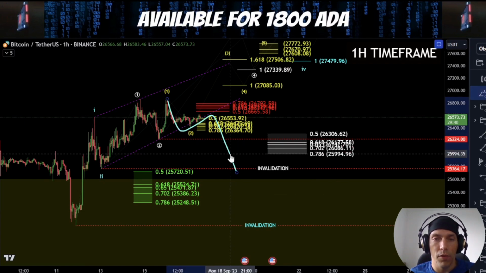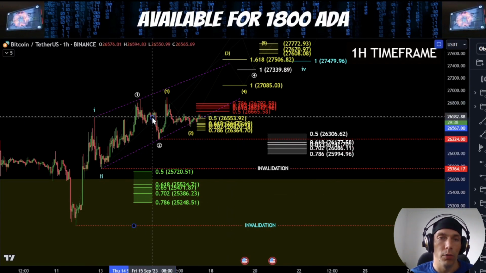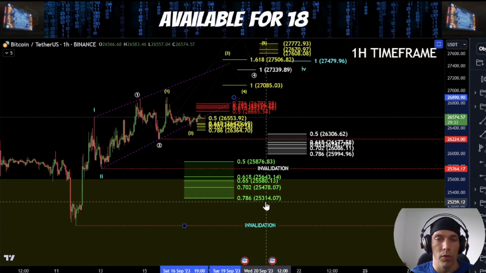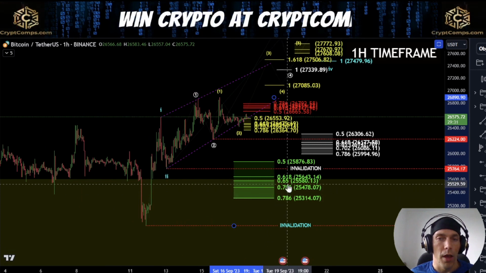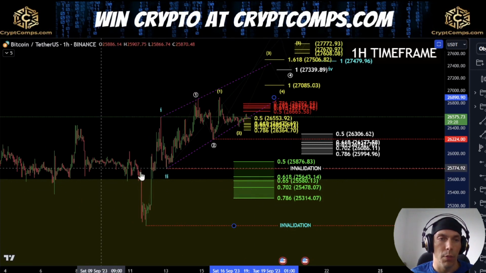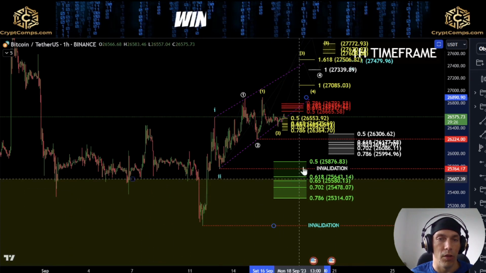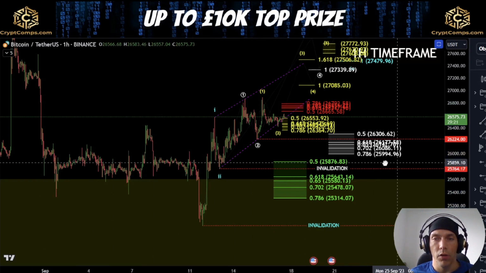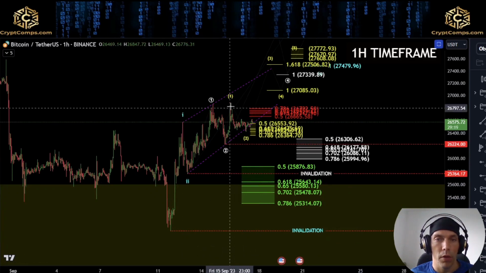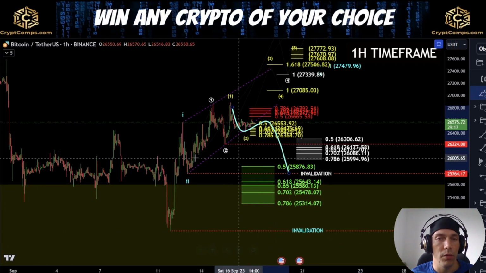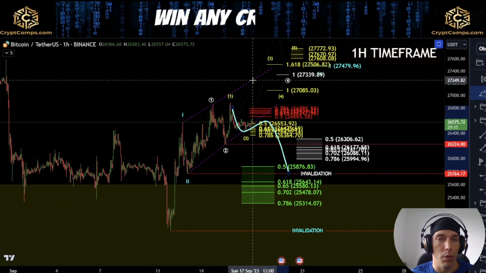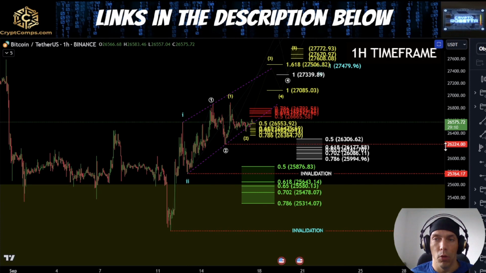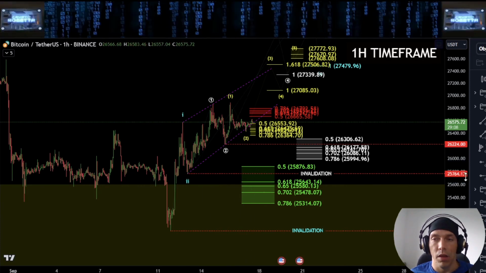Now, if we do see something like that, what I will be looking out for here is if we do push back down here, we don't want to lose this 25,314, and the golden pocket would actually be coming back into these lows. So that could be quite an interesting level. 50% would be back into the higher range of this. So if we do start to see a little bit more of a drop off here where this becomes a bigger ABC, it wouldn't invalidate this idea of still having an impulse up here. But this way I'm looking for the potential that as long as we hold 26,224 and this level here of this